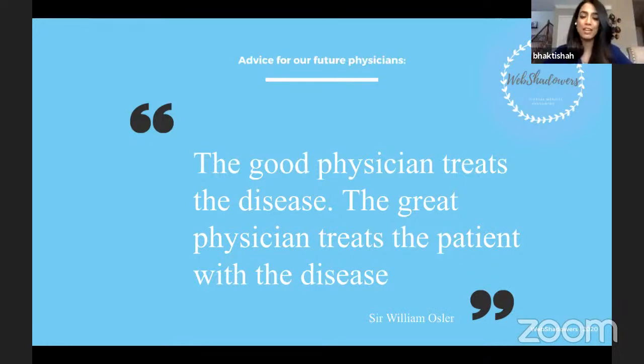You want to treat the patient as a whole, not identify them by their autoimmune condition, but really encourage them and empower them to live as healthy of a lifestyle as you can, not just treat one disease that they have, but just to treat them as a person. And I try to adhere to this every single day. And I hope that this is something that you're able to take along with you as well.